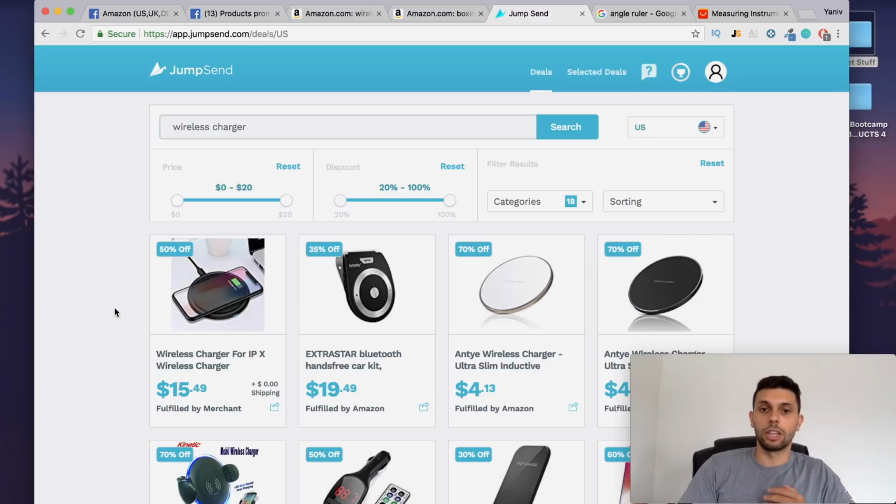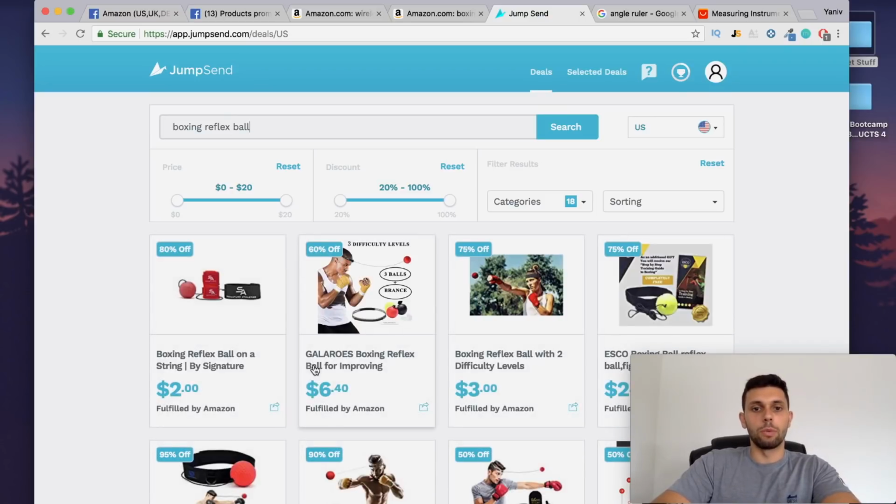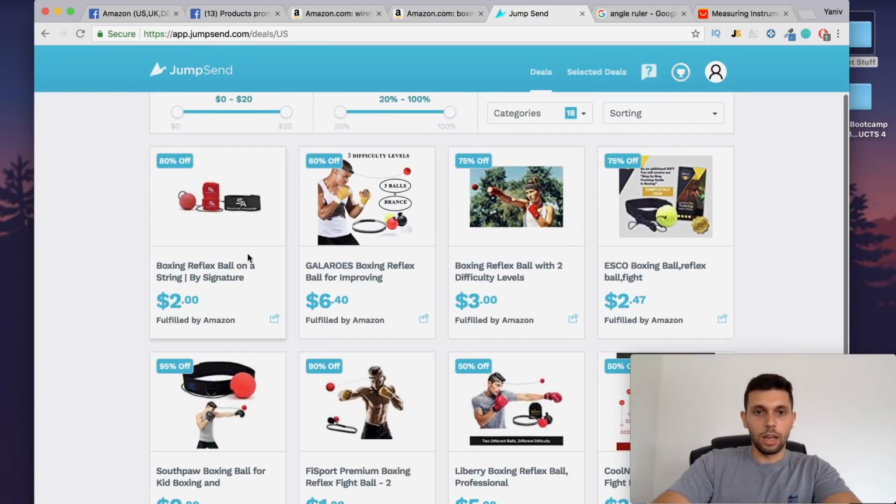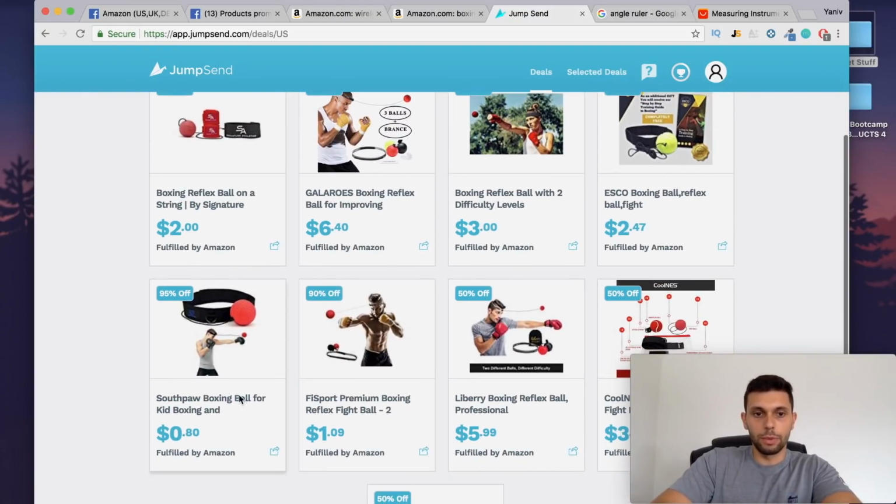So you can assume that there's going to be a lot of people coming to the market if you can see your product here. So let's try boxing reflex ball. I actually haven't tried this. Let's see if there's anyone selling. So there you go, right? You can see how many people are coming into this market,